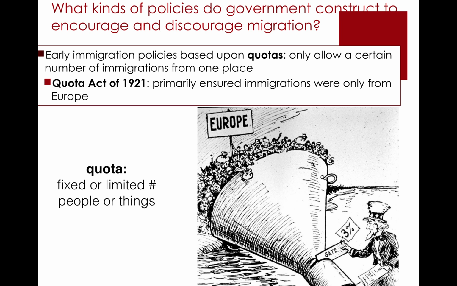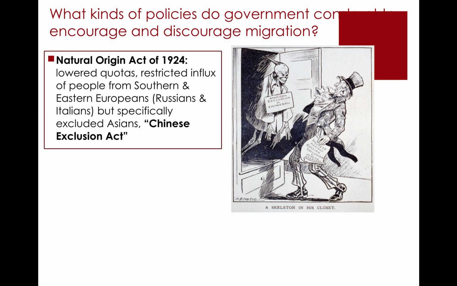It favored people from Europe because it essentially said that up to 3% of the population that was currently in the U.S. was the percentage of people that could keep coming from that place. In other words, the people who were currently here had an advantage from their place of origin over others seeking to come. Bottom line, this was designed to make sure that immigrants were primarily coming from Europe. In 1921, those quotas were lowered, and this specifically began to target the influx of people from Southern and Eastern Europe, so from Russia and Italy.